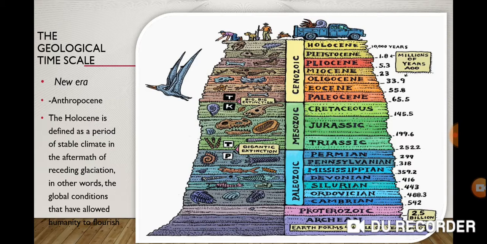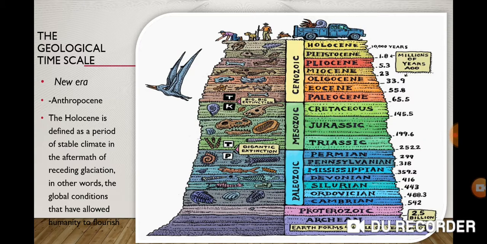The geological timescale is divided into different eras, and it is believed that the Earth was formed 4.6 million years ago. In the Paleozoic, we have the Archean until the Permian. And then we also have the Mesozoic era, which is the Triassic, the Jurassic, which is the period where it is believed that dinosaurs went extinct. And then we have the Cretaceous. And then we have the Cenozoic era, which is comprised of the Paleocene, Eocene, Oligocene, Miocene, Pliocene, Pleistocene, and the